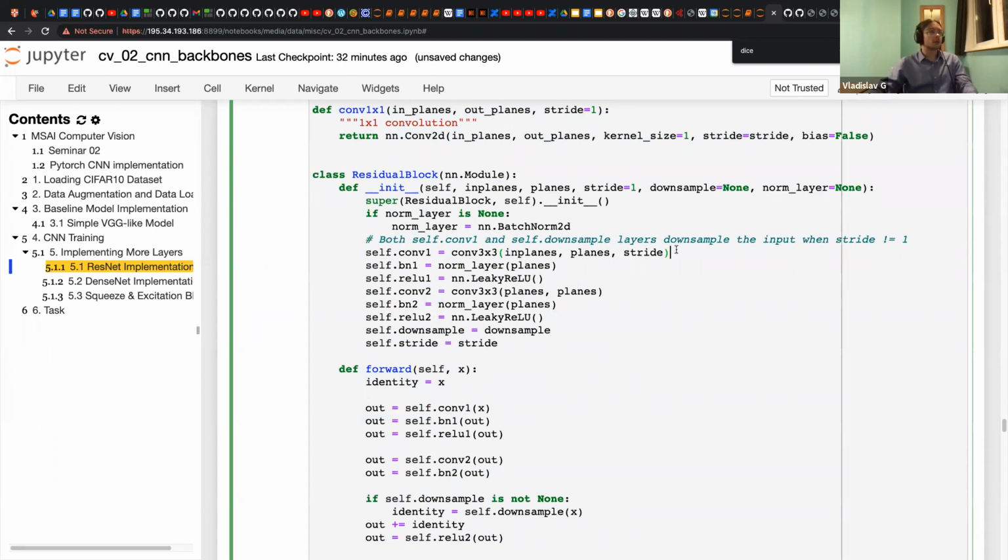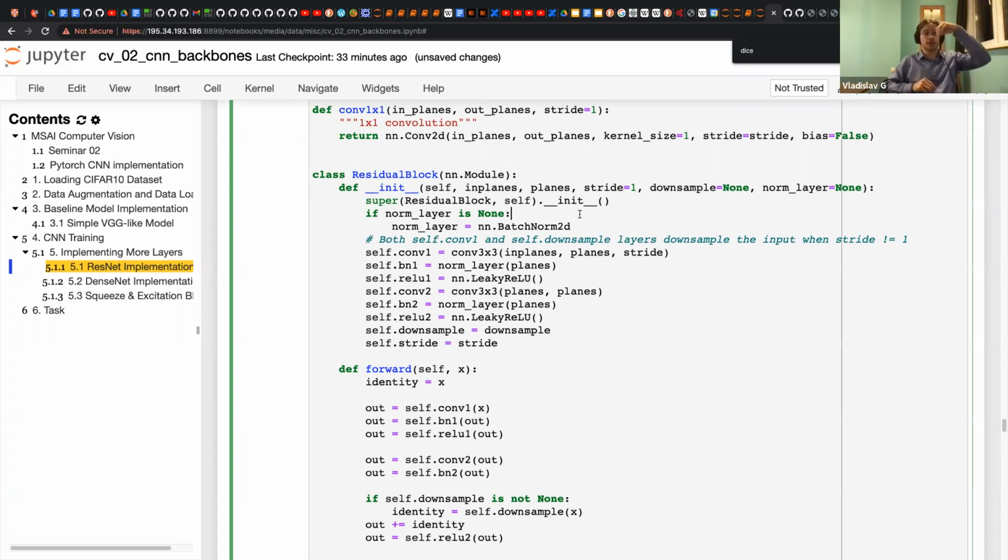So what we do here is the residual block that you remember. Do you remember how a residual block works? Anyone? It has skip connections, if I remember correctly. Mm-hmm. Yeah, it works in this way. We have a couple of convolutions, and we have a skip connection.